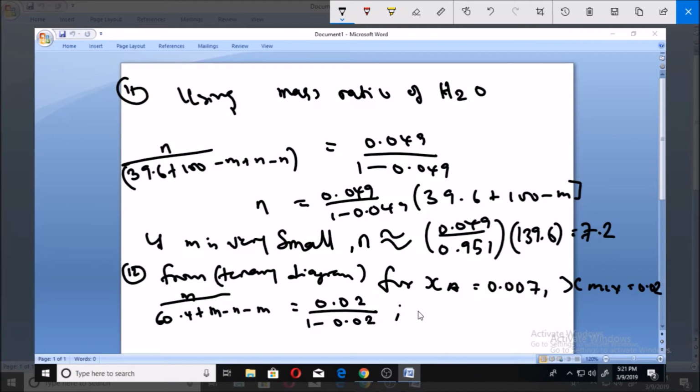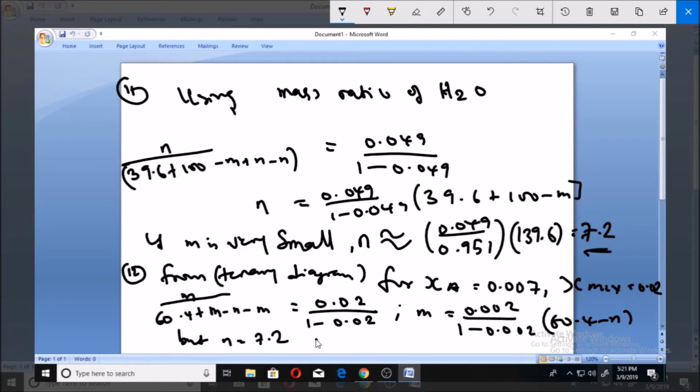So this is going to make M to be equal to 0.02 all over 1 minus 0.02 into bracket 60.4 minus N. But we already know that N is equal to 7.2 from this very calculation,